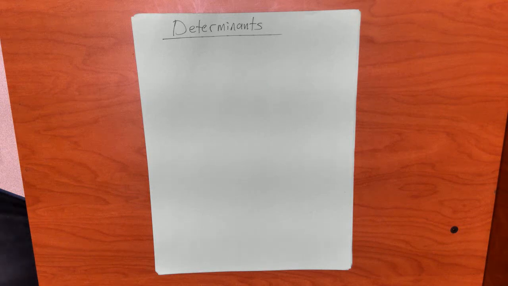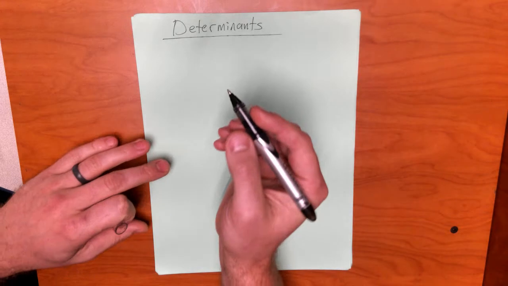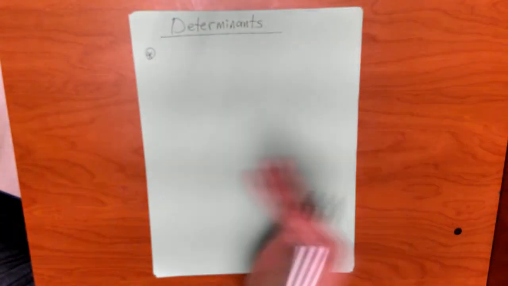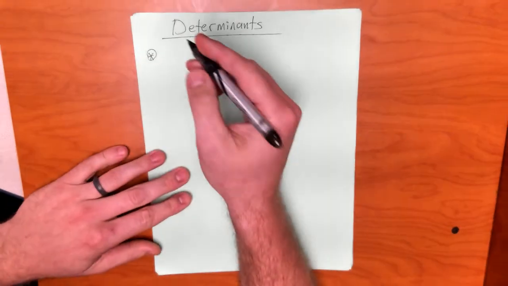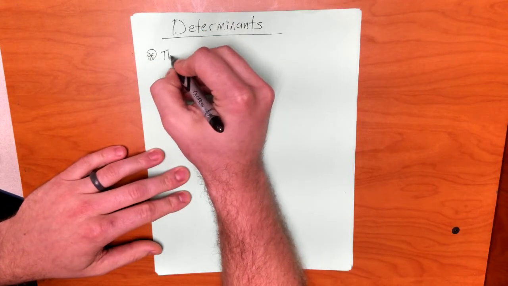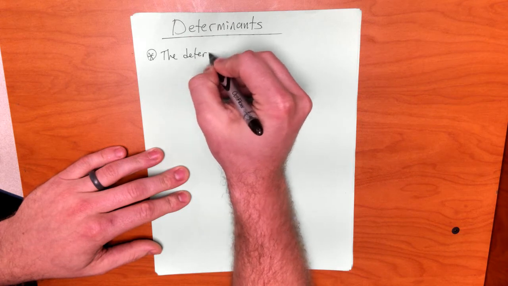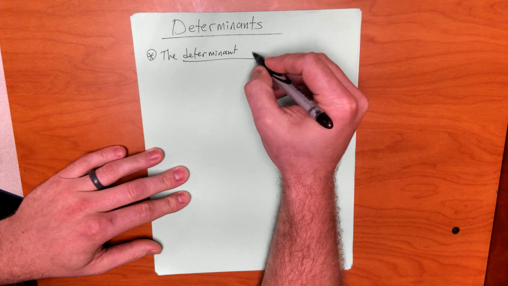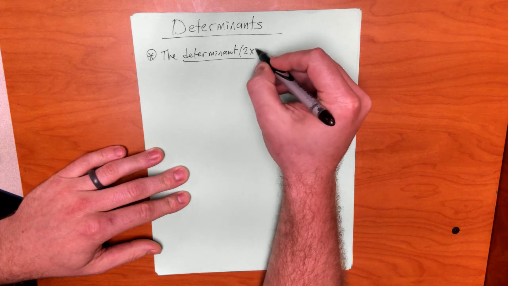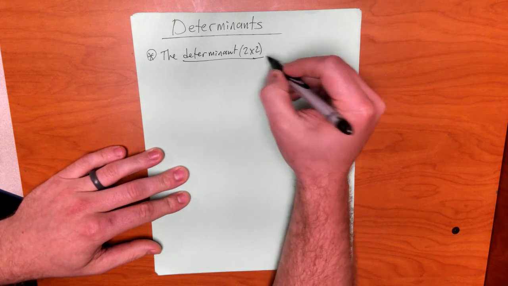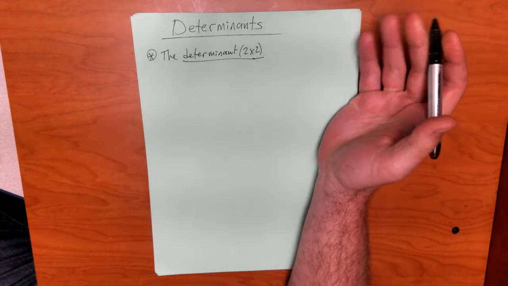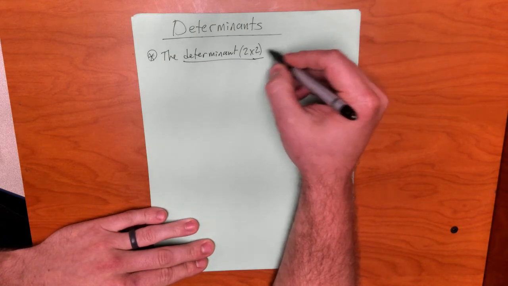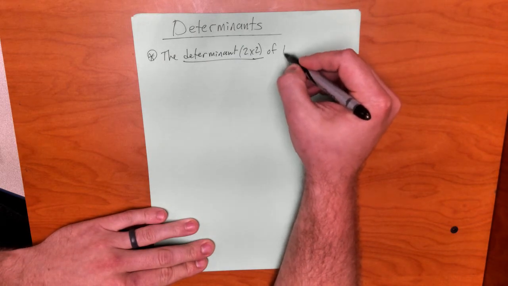We're looking at determinants, and let's just start off by giving you the definition of a determinant, and that will be where this whole section stems from, is from this definition here. So the determinant, and let's put in parentheses here of a 2 by 2, because the 3 by 3 is going to have a little different formula. The determinant of a 2 by 2 of the matrix,